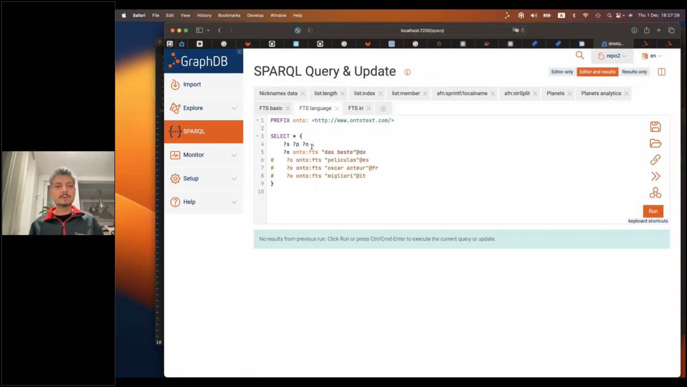So if we move on to the next search example, it uses another index, namely the index for German. If you remember, when I created the repository, I listed a bunch of languages, and one of them was German. So DE is the language code for German. And so if I execute this,